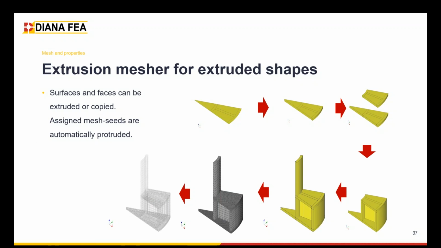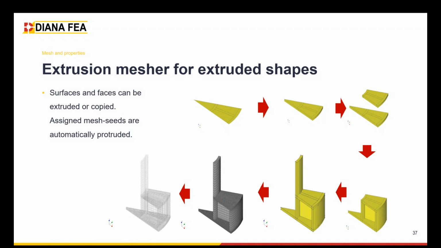For meshing, we have different types of mesher. These are smart processes. They recognize the generation of your geometry. If your geometry is based on extrusion, then the extrusion mesh comes into the picture and generates a nicely patterned structured mesh. Here we have an example where we started from basically a 2D shape, but we extruded in the third direction. And when meshing, automatically the extrusion mesh comes into the picture, and basically you end up with a nice and